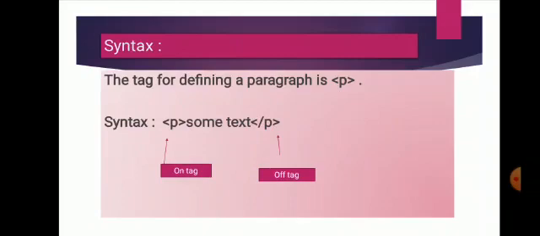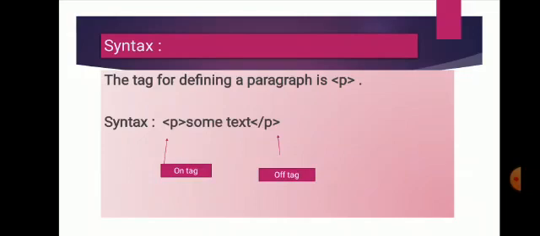Syntax, as all of you know, is the rules for writing the instructions given here. Rules for writing the documents. For this, for example, I am writing a paragraph. For this we are using the P symbol. So this P in between the less than and greater than sign is the on tag, or open tag. Then you write some text.